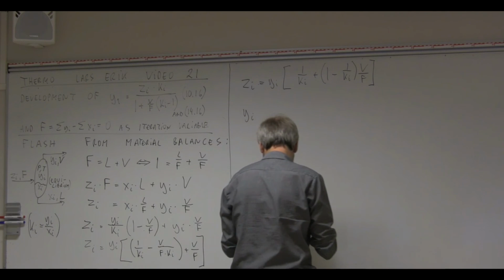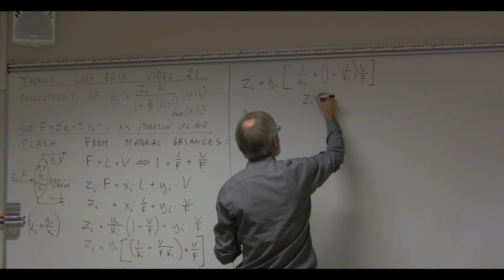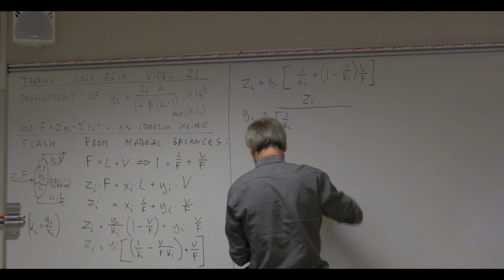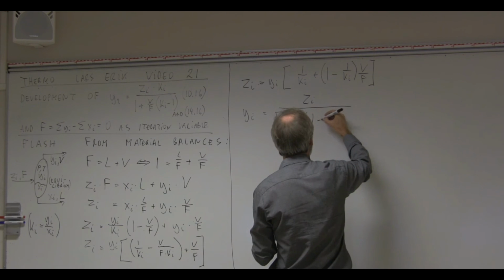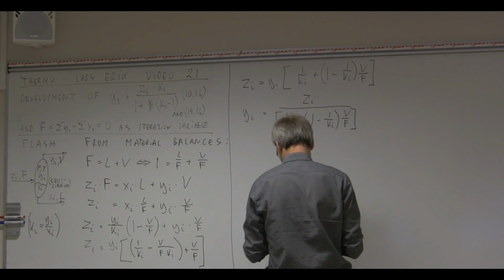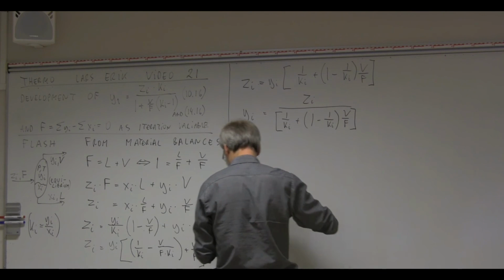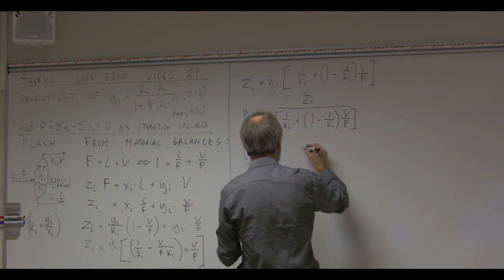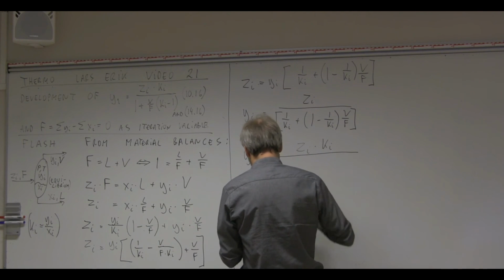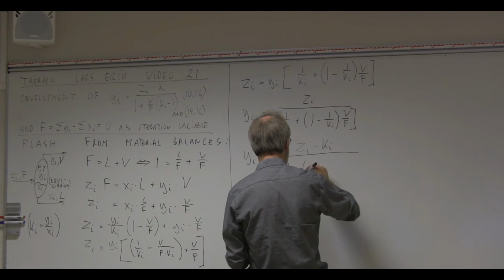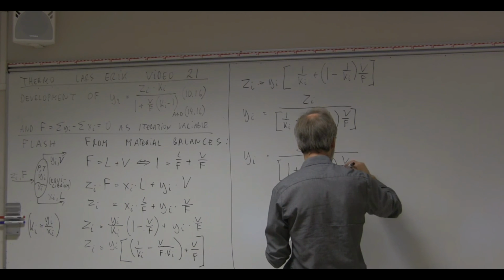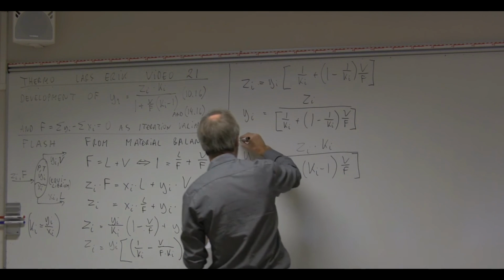Then the y can be expressed by z over 1 over K plus 1 minus 1 over K_i V over F, or y_i equals z_i times K_i divided by 1 plus K_i minus 1 times V over F ratio,